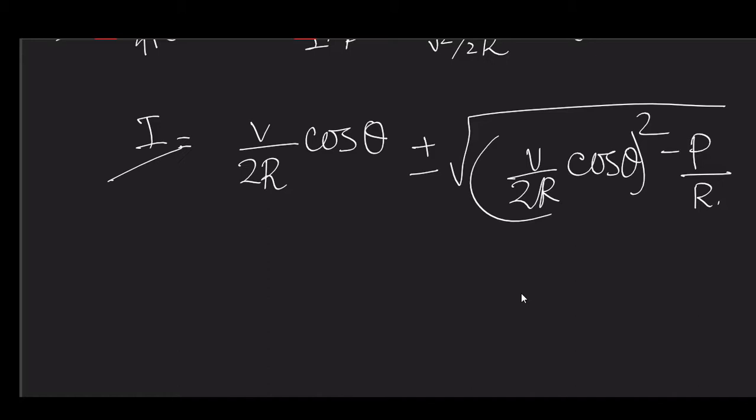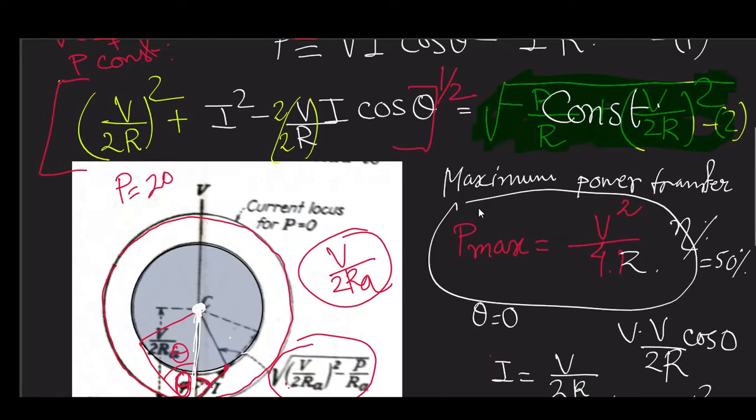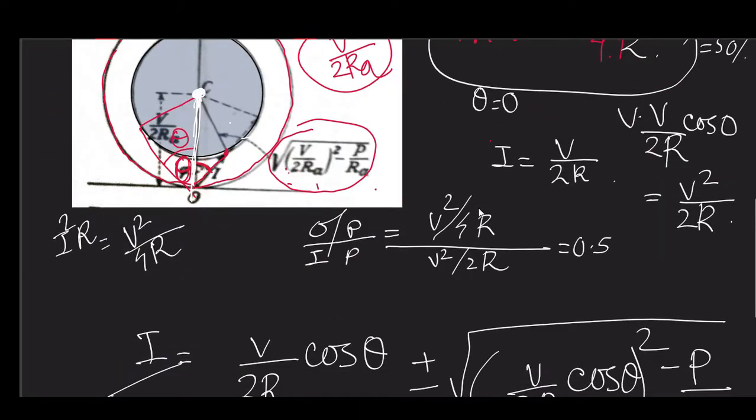So for a value of cos theta you will get current, and since you are expressing it in terms of power, for a constant power you will have two values of current, and that is quite understandable. Like here if you see that for a particular value of theta,